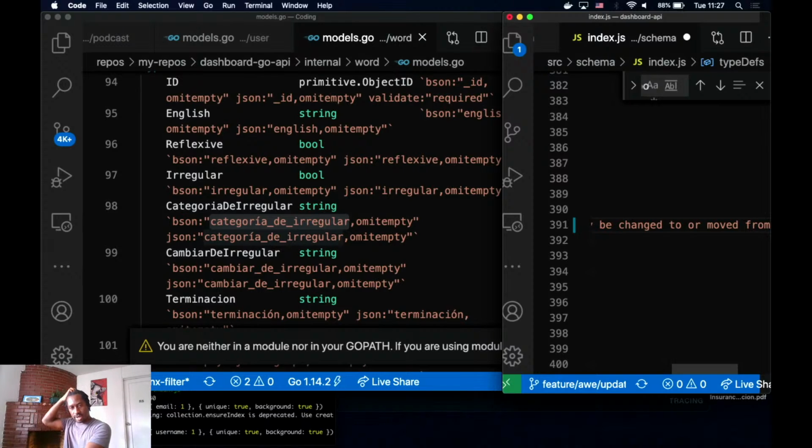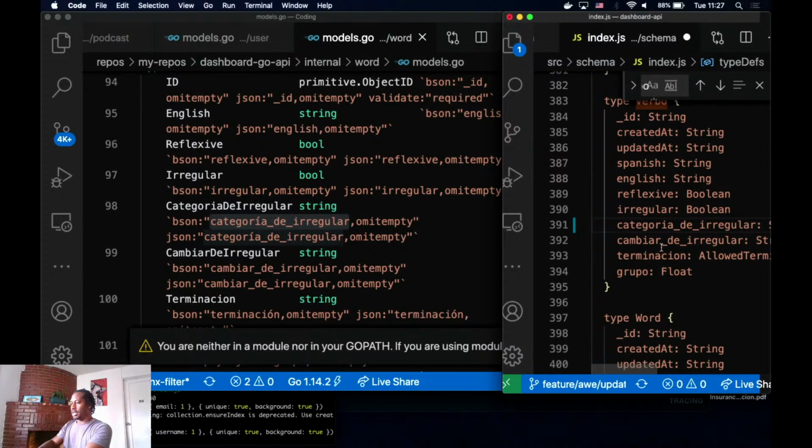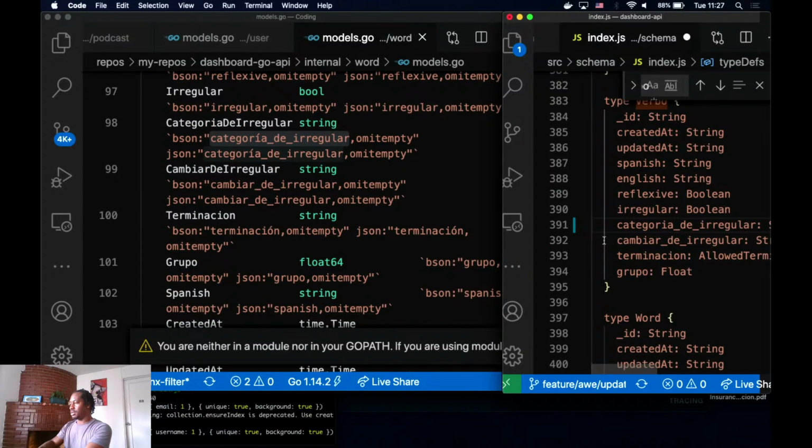Remove from. All right. After categoria, we got cambiar, terminación. That's another one.